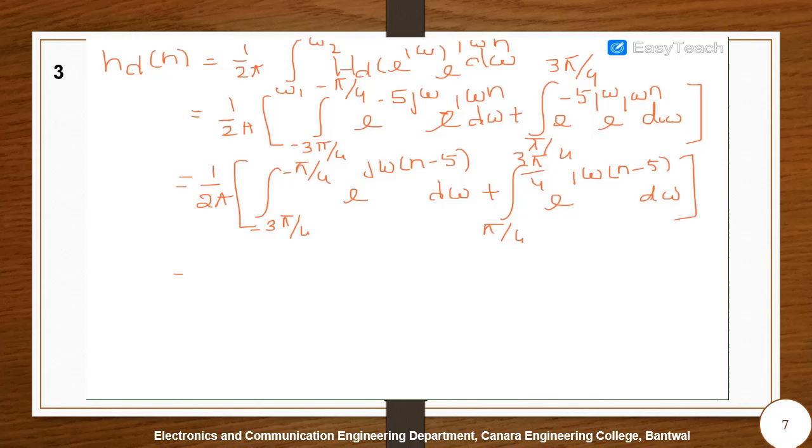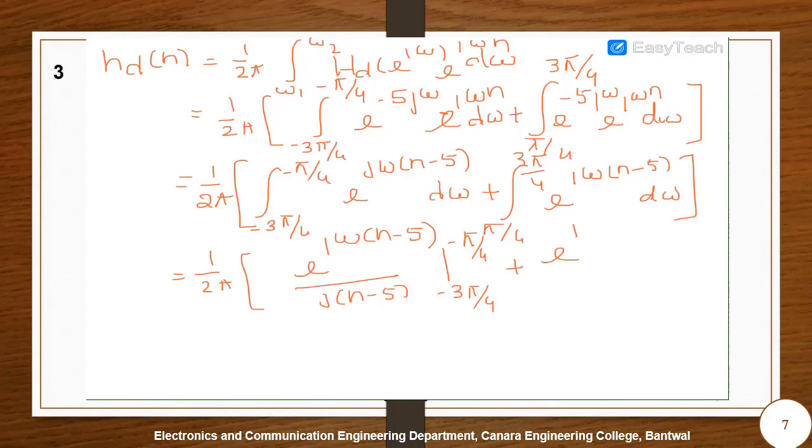So 1 over 2 pi, it is e to the power j omega (n minus 5) divided by j times (n minus 5), with omega value from minus 3 pi by 4 to minus pi by 4, plus e to the power j omega (n minus 5) divided by j times (n minus 5),